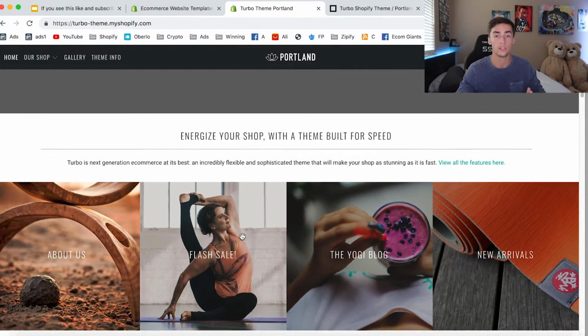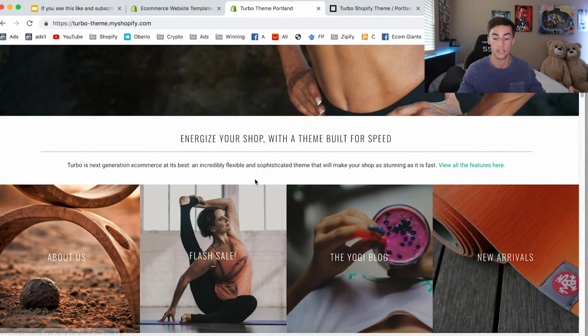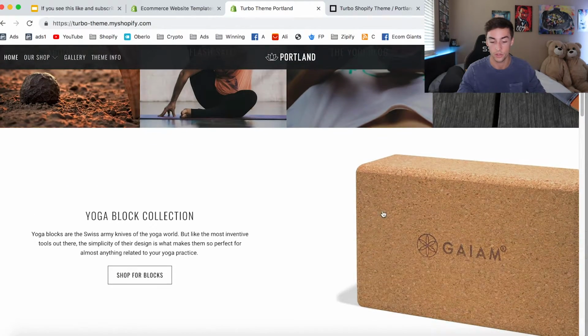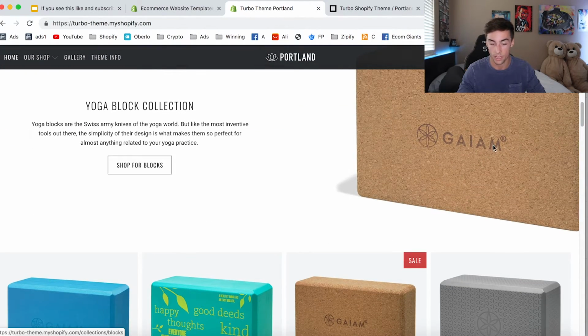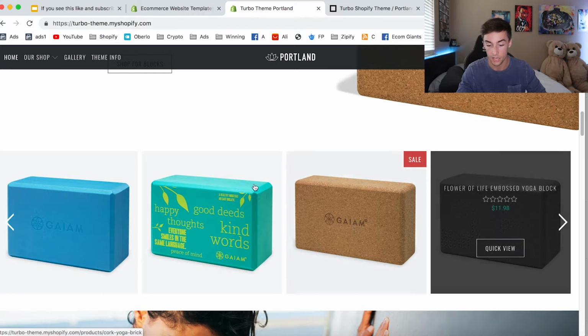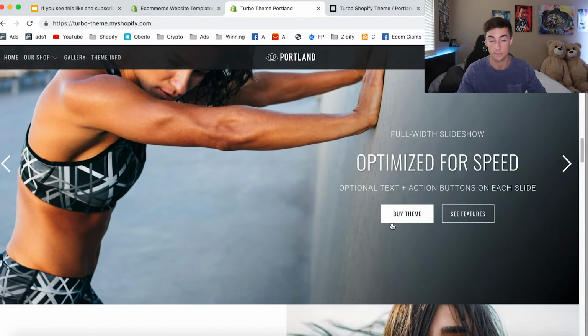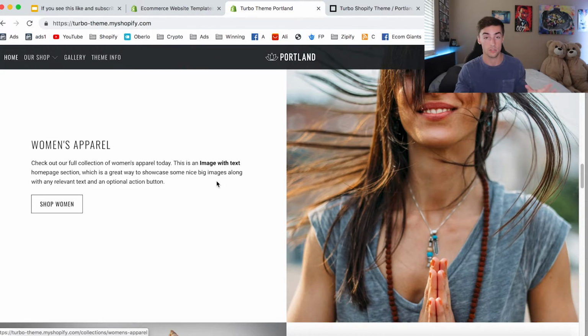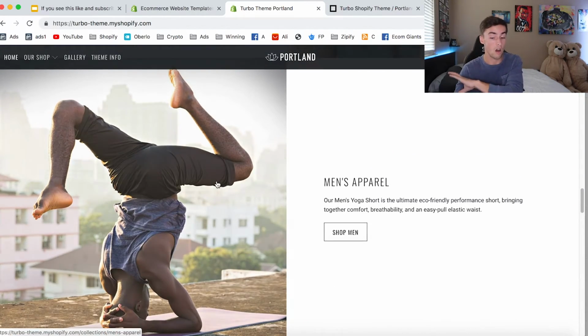And also I really, really like the way that they make their whole page layout. So I like the fact that you can do this and take up the whole page. You have different types of collection pages. You got different types of featured products, different types of slideshows you can use, different types of video slideshows, different types of images with text, overlay, all that kind of stuff.